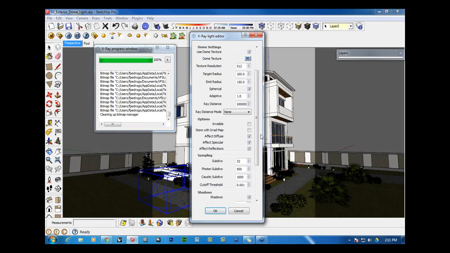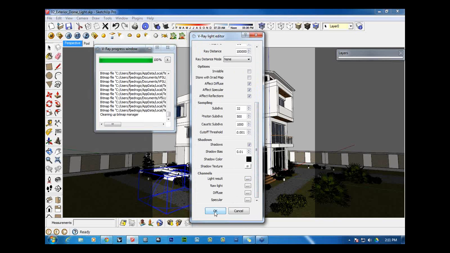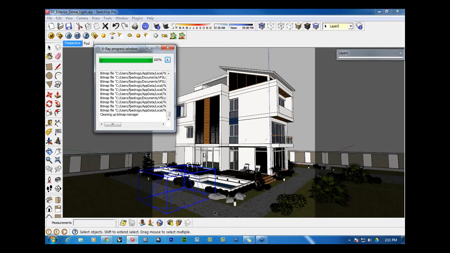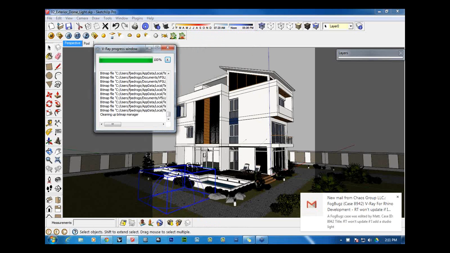And when you are dealing with direct light, you have a lot of benefit. For example, you have better caustics, you can have better shadows, better contrast, and if you are doing animation, you can have a flickering-free animation. So I'm going to click OK in my settings, and I'm going to